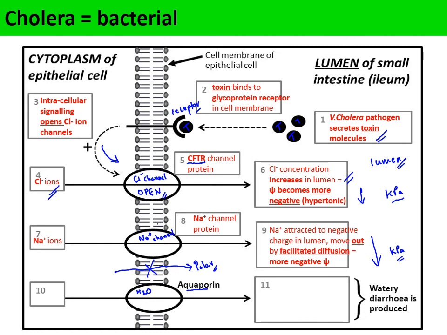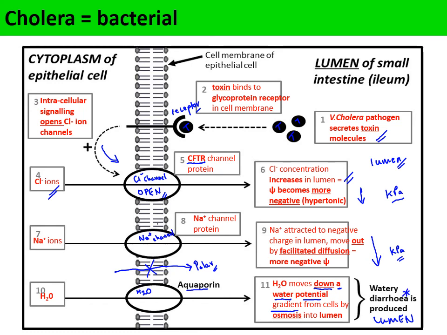And we know water always goes from a less negative to a more negative water potential, down a water potential gradient. So water moves down a water potential gradient from inside the epithelial cells into the lumen of the small intestine, and we know that is by osmosis,